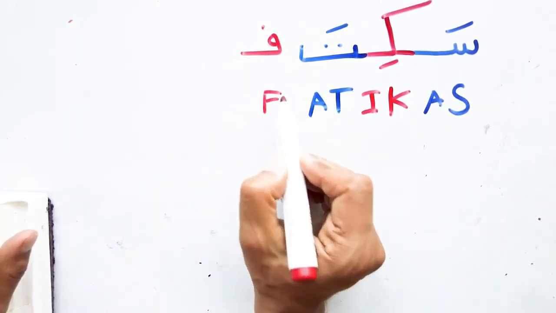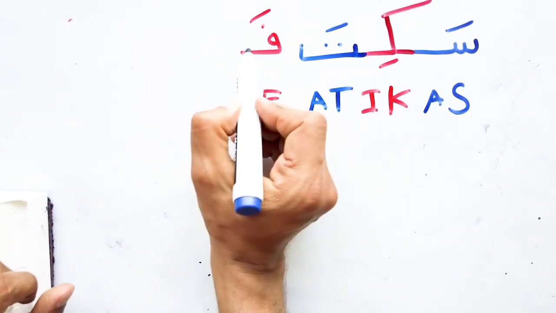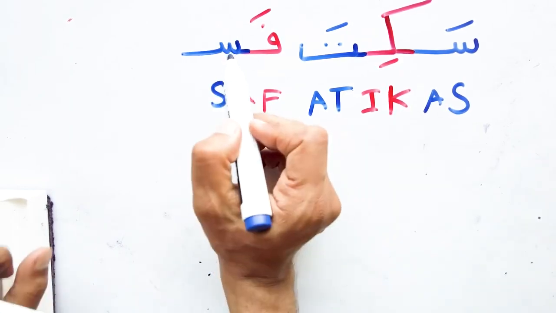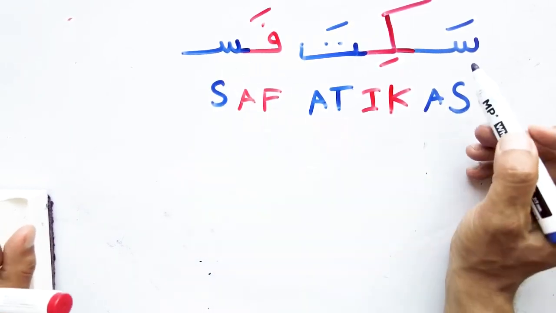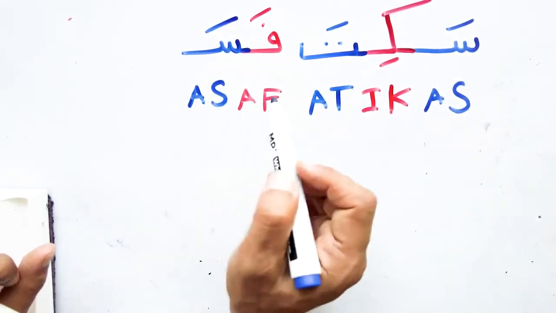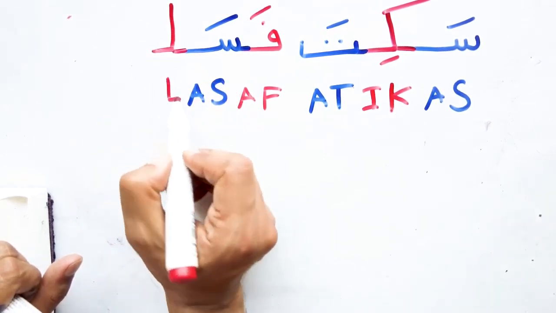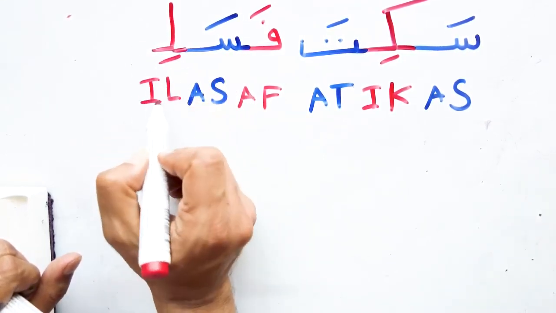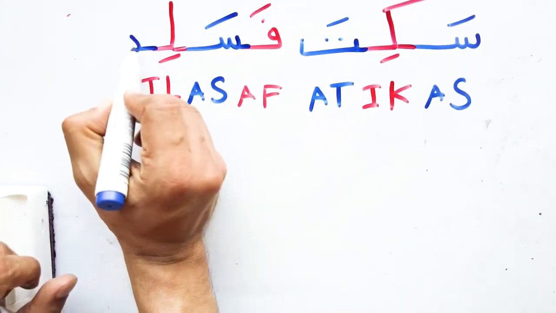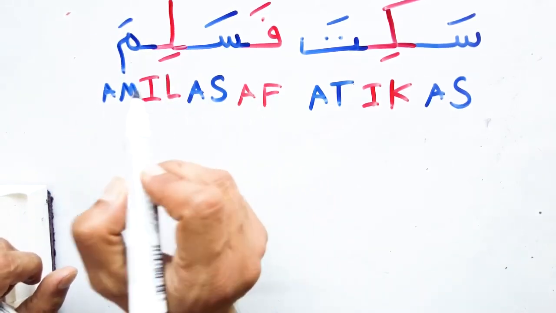فسلم. The sound of F with فتحة it sounds like A. Again, it's the same letter here, the one that sounds like S. Here it's in the middle, it has different shape, and here it's the beginning of the word. With فتحة, it sounds like A. The sound of L. So here let's add it with كسرة, it sounds like I. Li. The sound of M. So, and with فتحة, it sounds like A. فسلم.